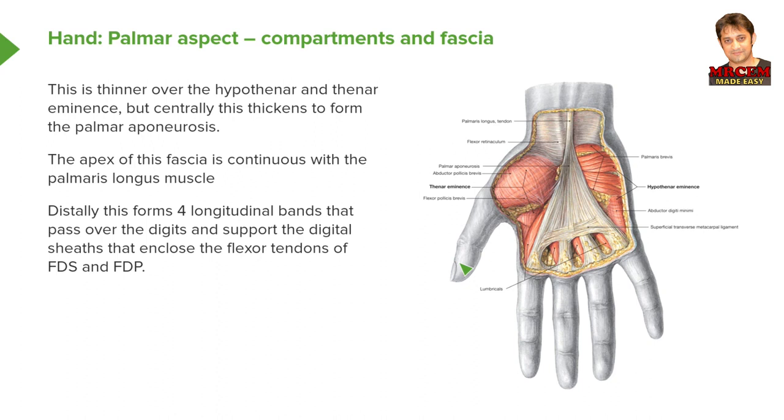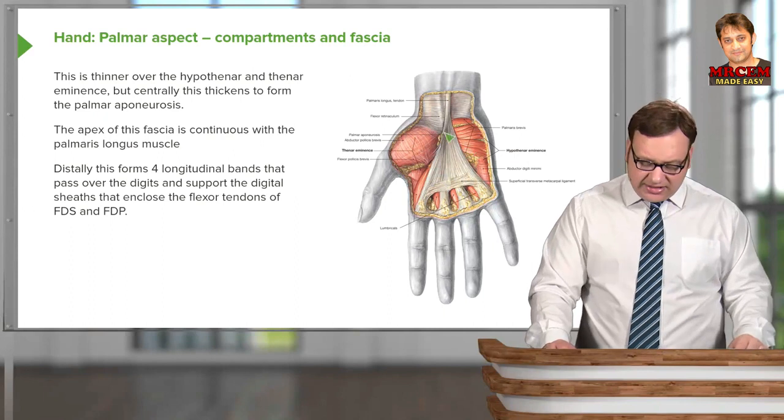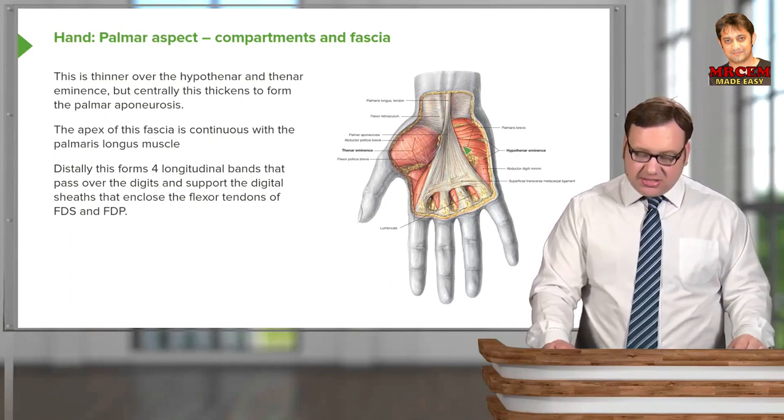Let's have a look at the palmar fascia, first of all, and look at the palmar aponeurosis. We can see that the palmar aponeurosis is running over the whole palm, but it is actually thin over the hypothenar and the thenar eminences. So it's thin laterally, it's thin medially, but it thickens centrally, and this is where we have this triangular shaped